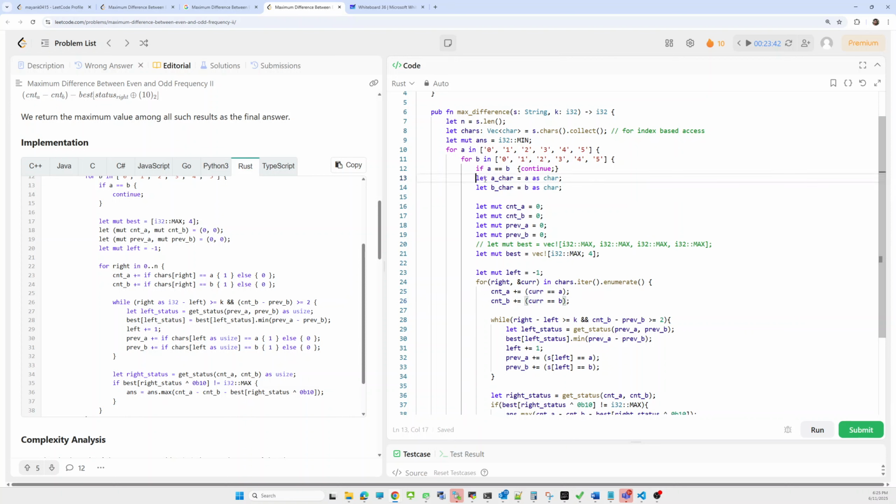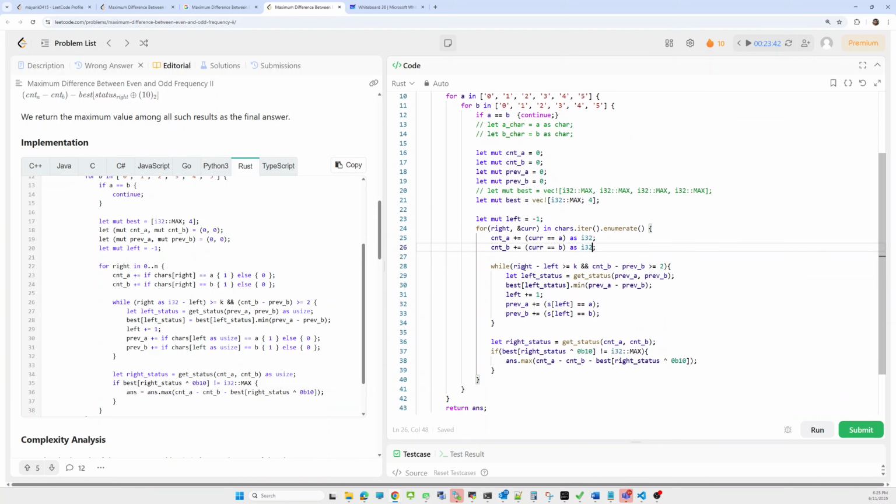Let me just comment this part, because I don't think it is needed. We will simply use one and the return part as i32. We are just defining the return part as i32.